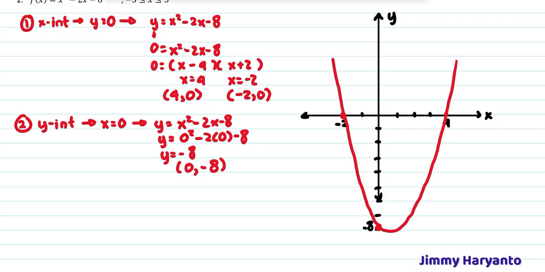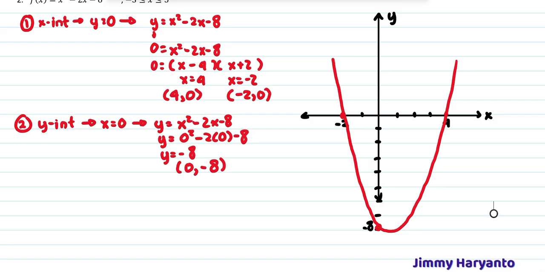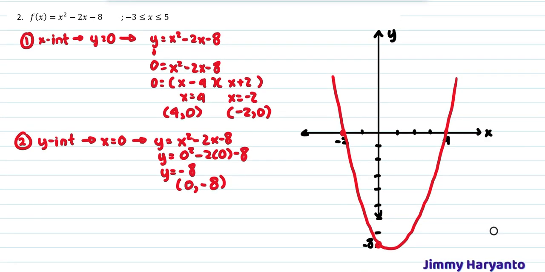So it has to be symmetrical. If you draw it like this, it will not be symmetrical. It will be in a bad shape. So it is better like this. Okay, this is our second example question to draw a graph. Oh, my bad, we are not finished yet. We have to draw it starting from negative 3. So negative 3 is right here.